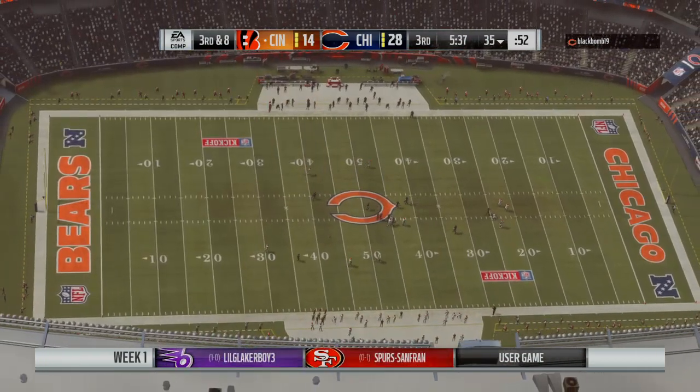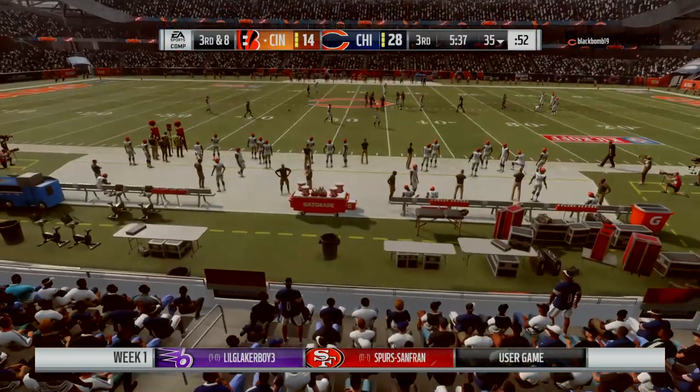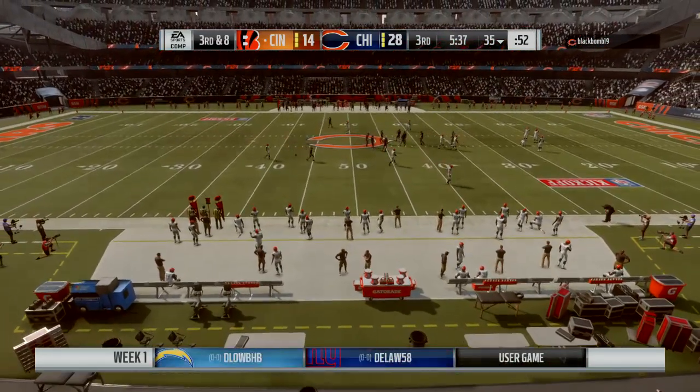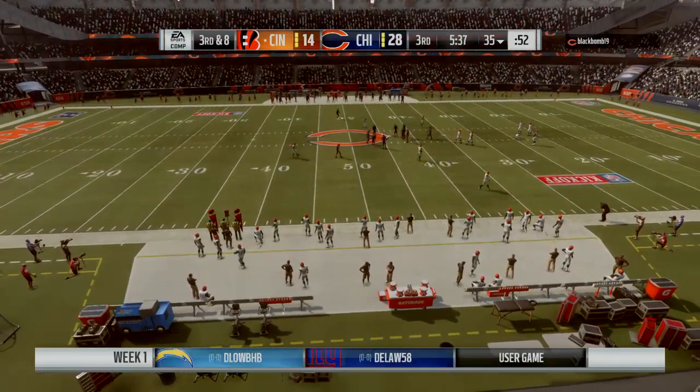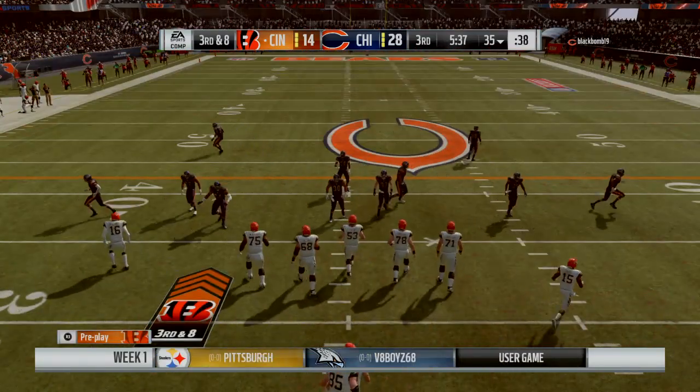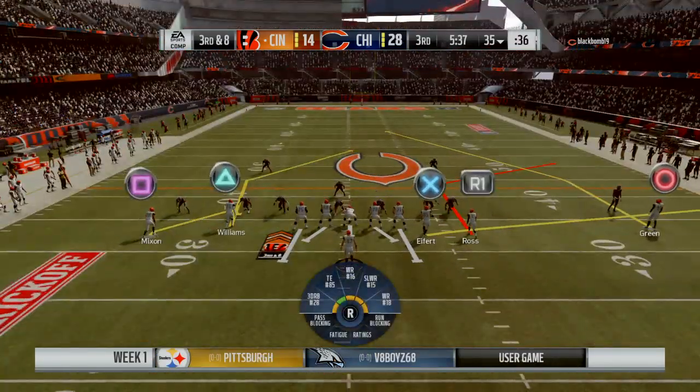Fuck. This offense, I don't know this quarterback, man. He's a rookie. And